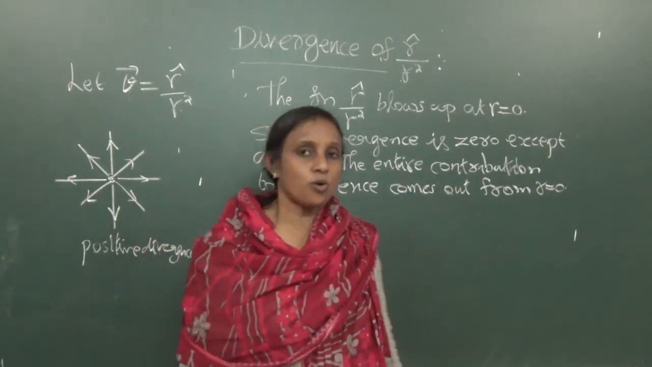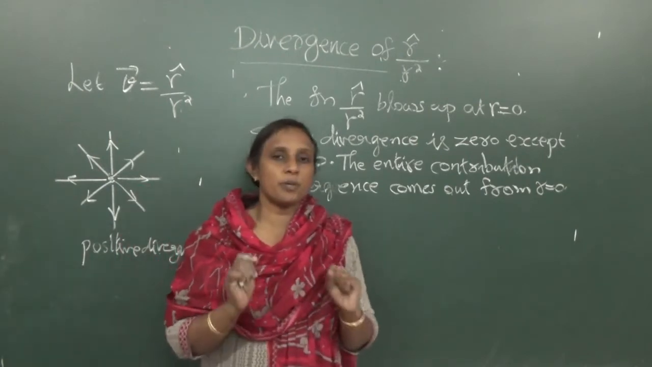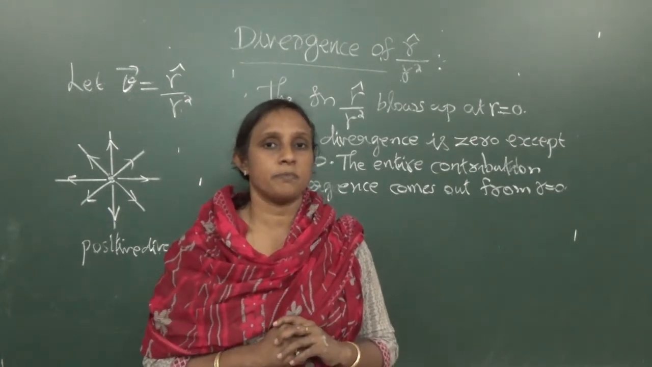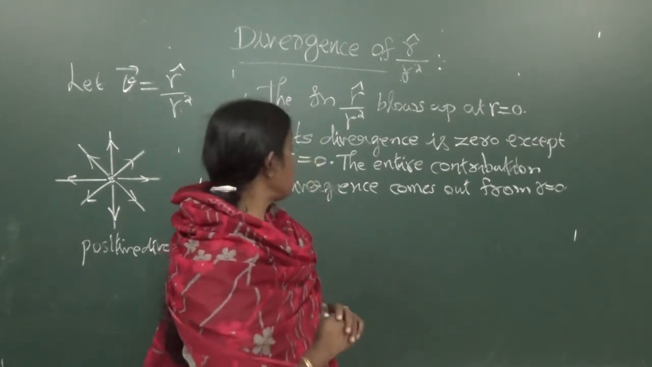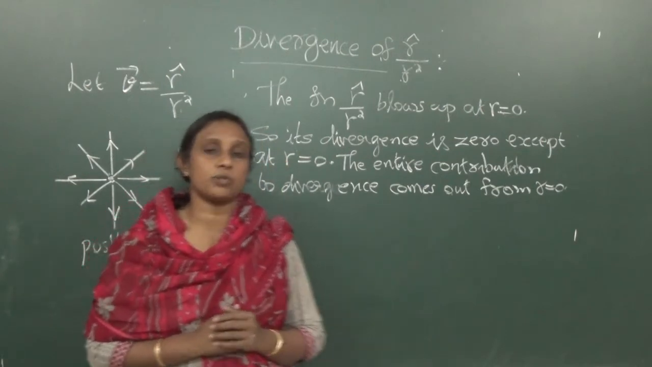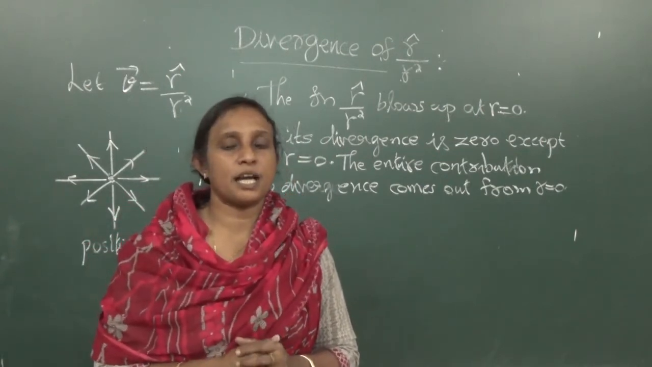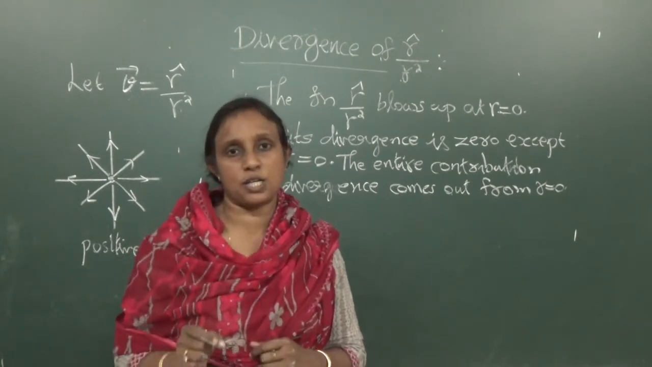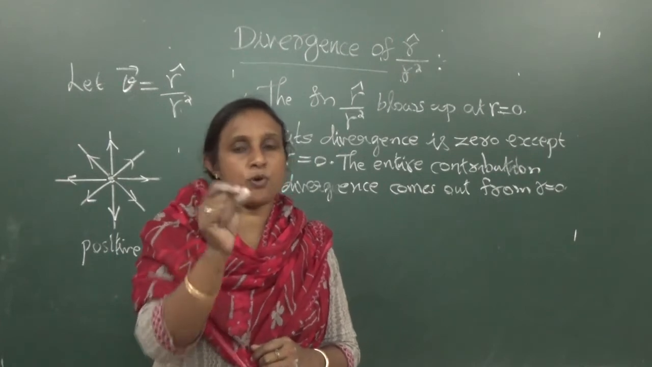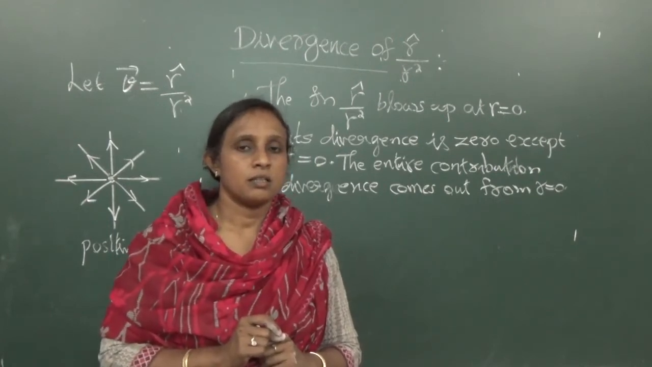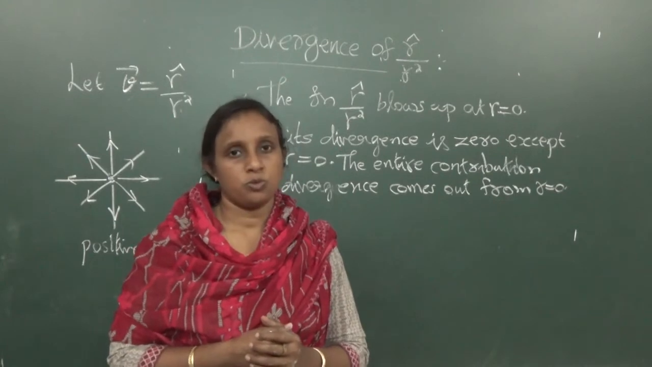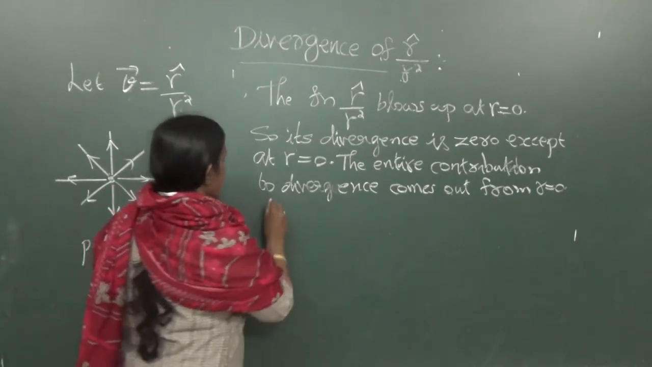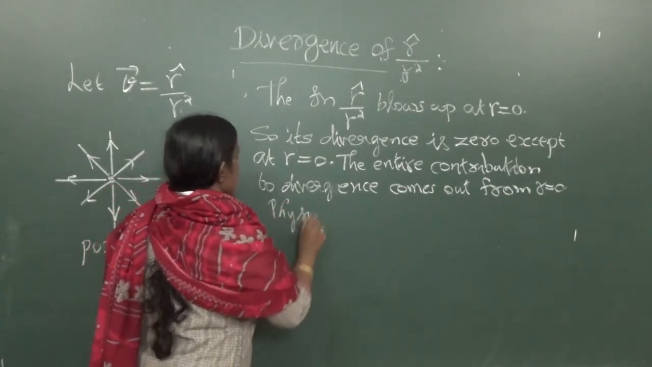Okay, so this function is not behaving just like an ordinary function. That is the problem. Our function, this divergence of r cap by r square, does not behave like an ordinary function. It has a definite value at a particular point, otherwise it is 0. For example, for this physical example,